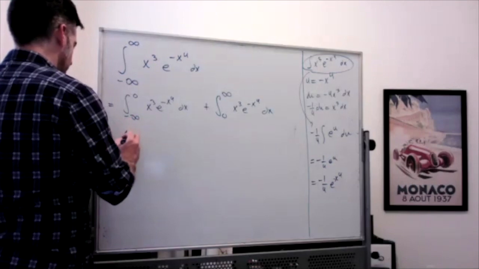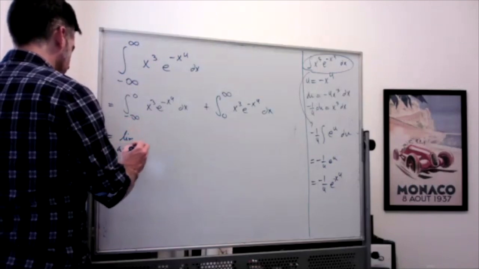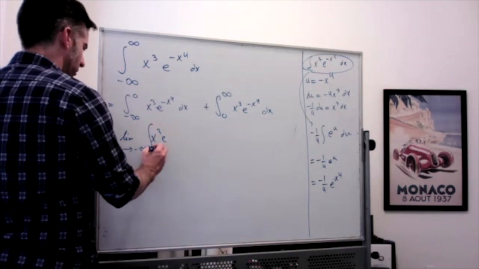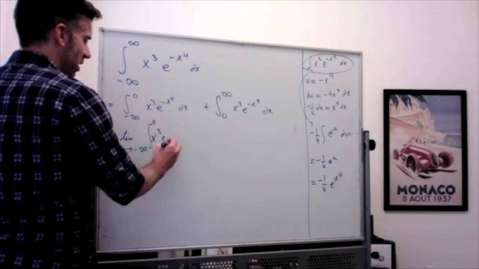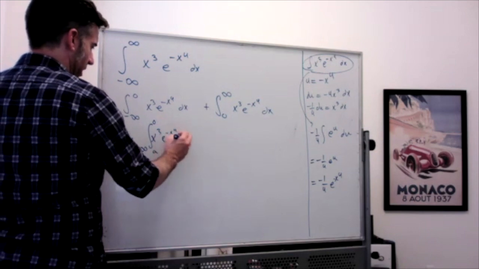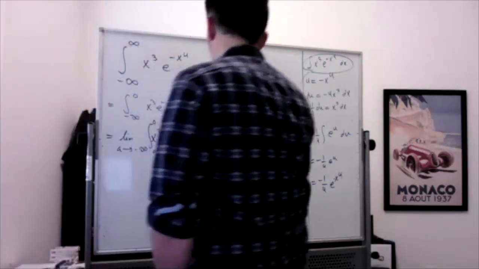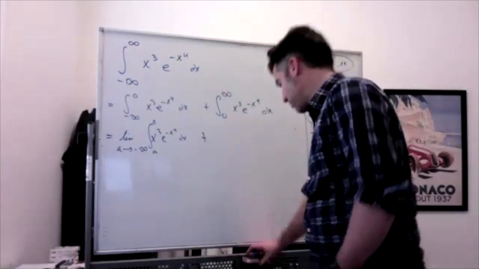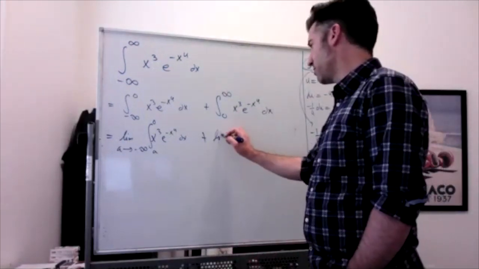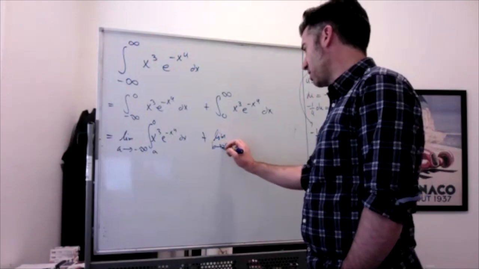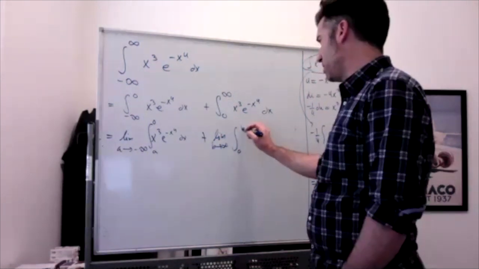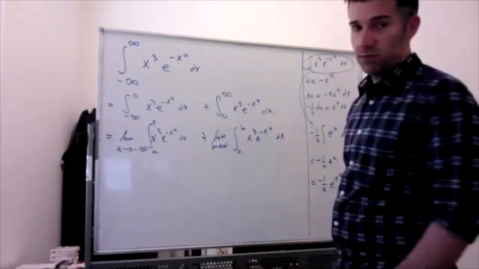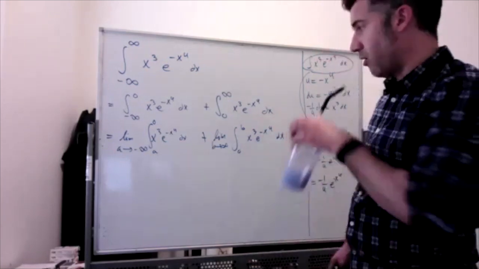So this one's the limit as a approaches negative infinity of the integral from a to 0 of x cubed e to the negative x to the 4th dx, plus, it's a lot of writing, plus the limit as b goes to infinity of the integral from 0 to b of x cubed e to the negative x to the 4th dx. All right, so now,